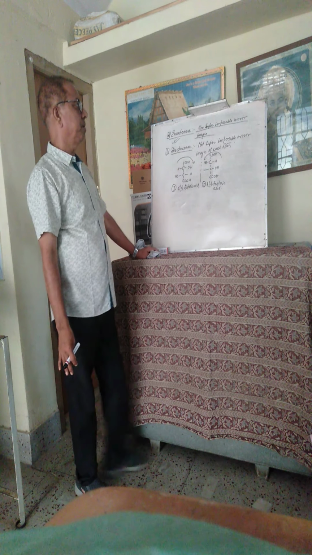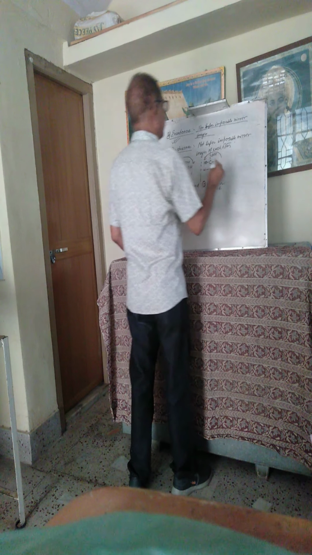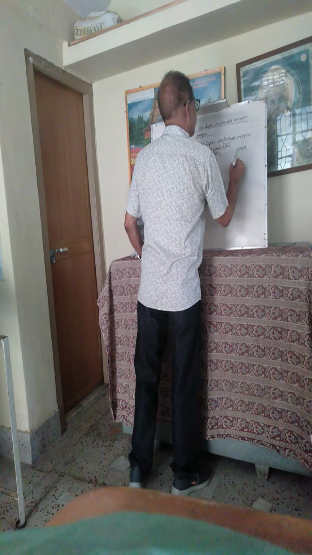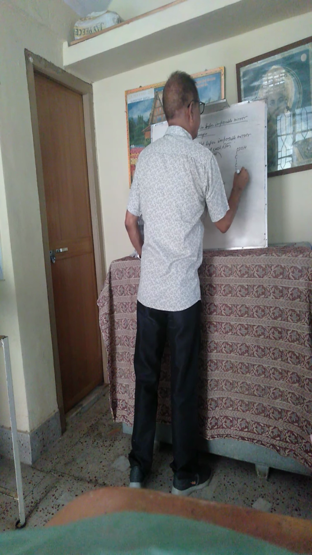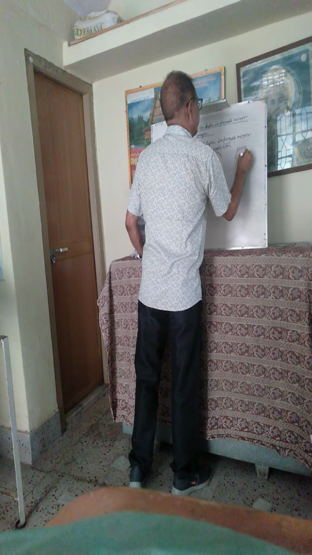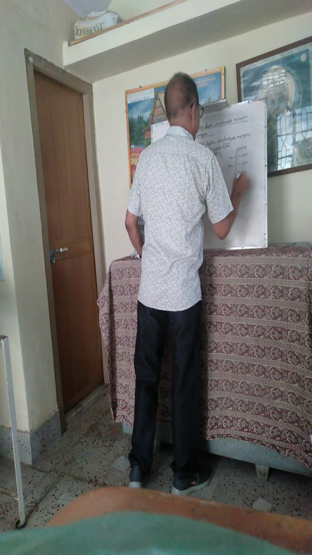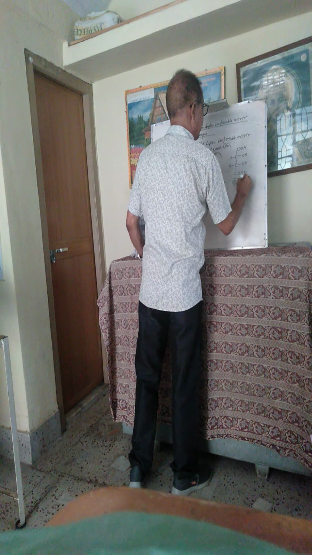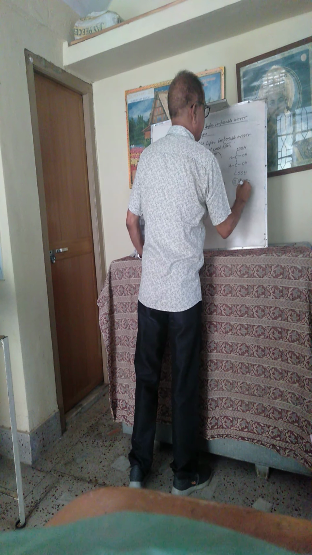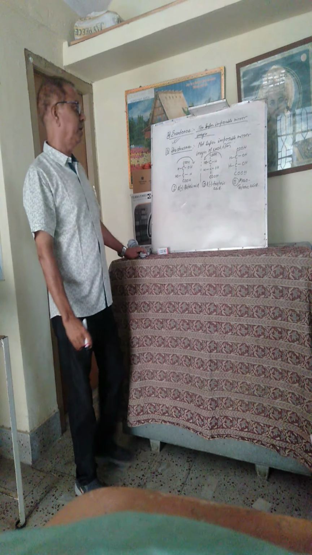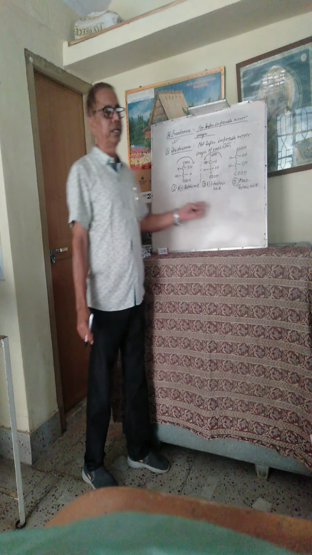So these two are non-superimposable mirror images of each other, and there is also a third isomer of tartaric acid, which is like this. This compound is called mesotartaric acid. These are three stereoisomers of tartaric acid.